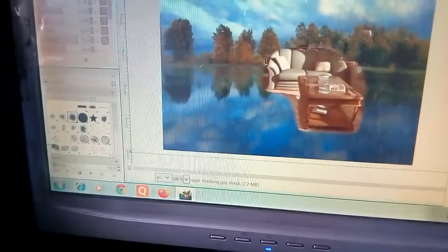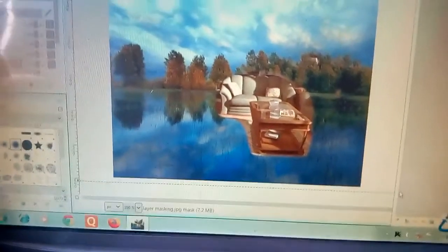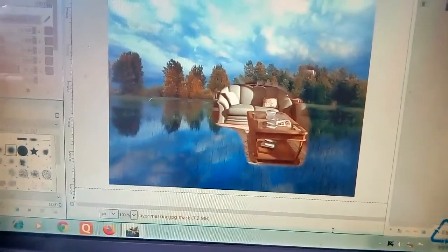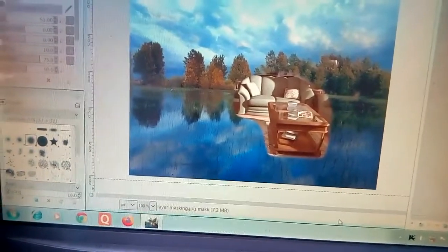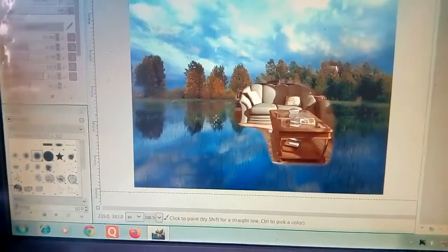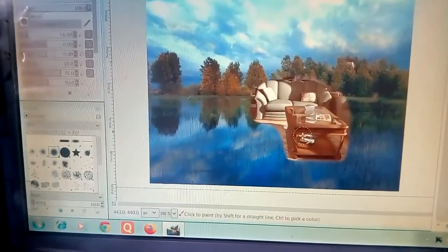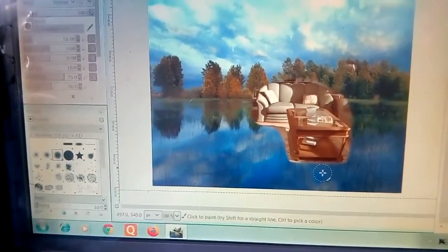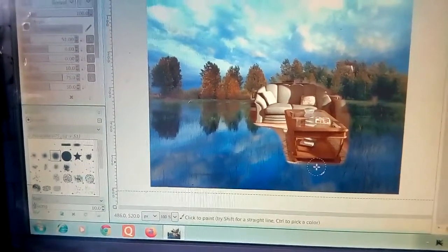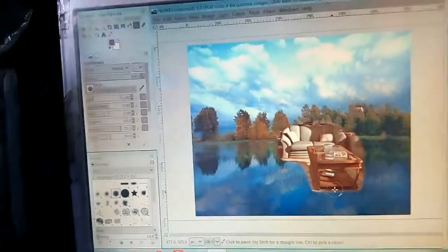That means layer masking is the process of masking or covering some parts of a layer so that you are able to create a final image. Here we have seen that there are two images. One is a lake and the second one is a drawing room, the living room. I have taken these two images and created a new image with the help of them. So that is layer masking. I hope all of you understood. Is it clear for you?